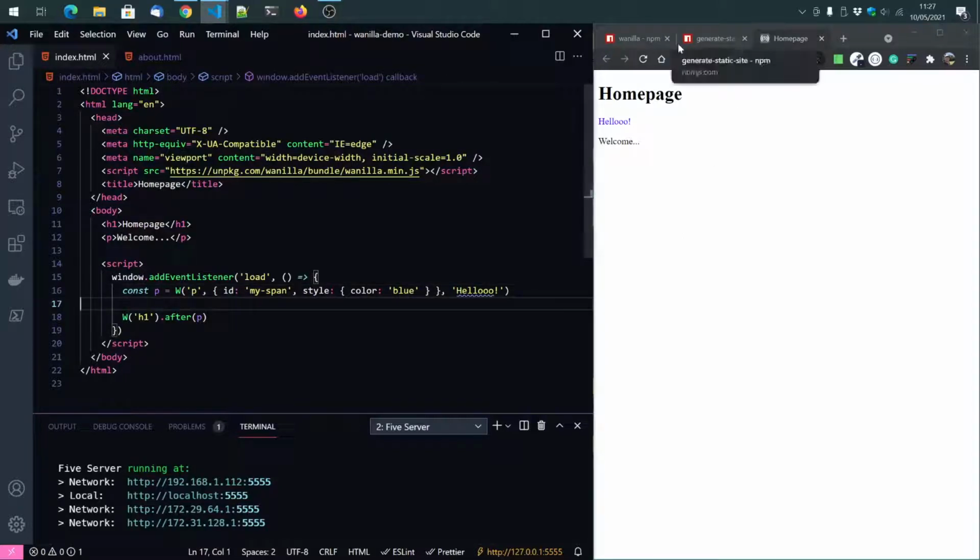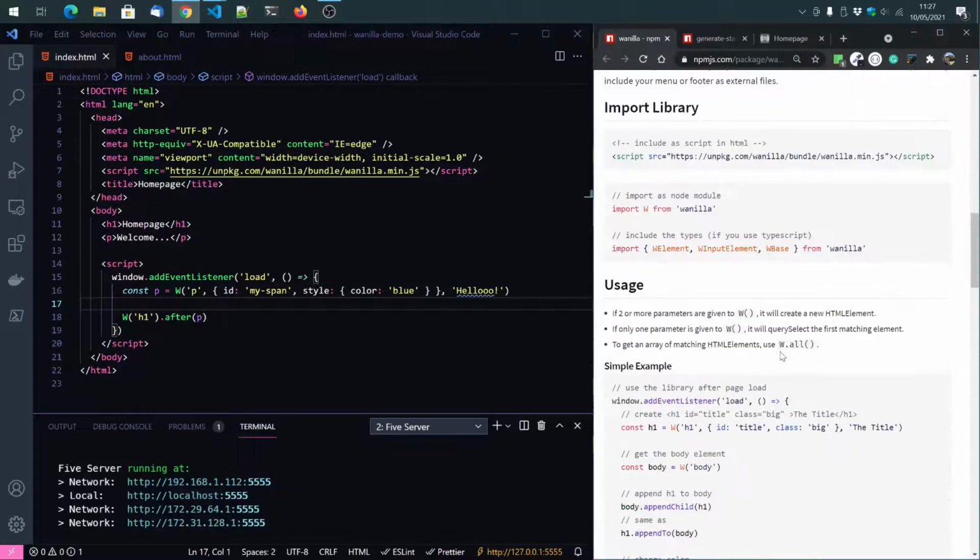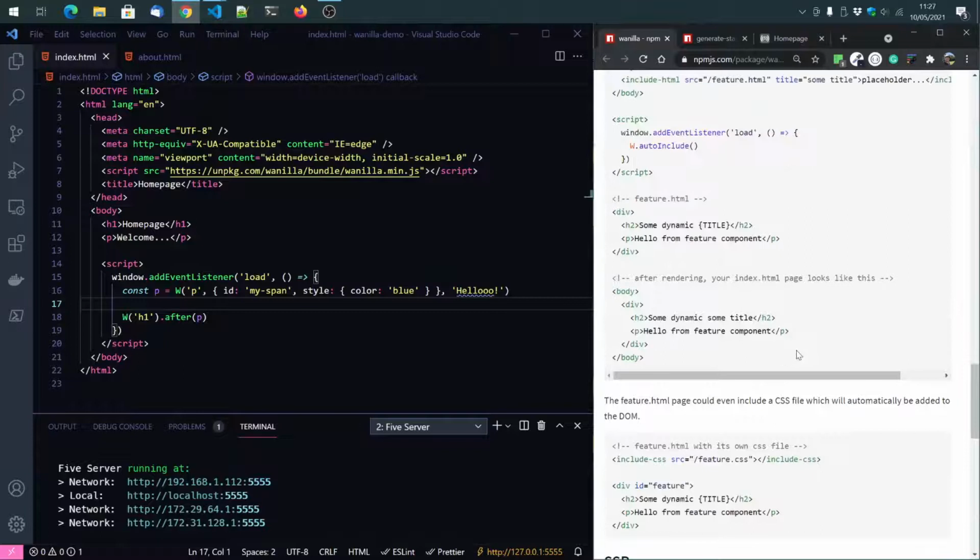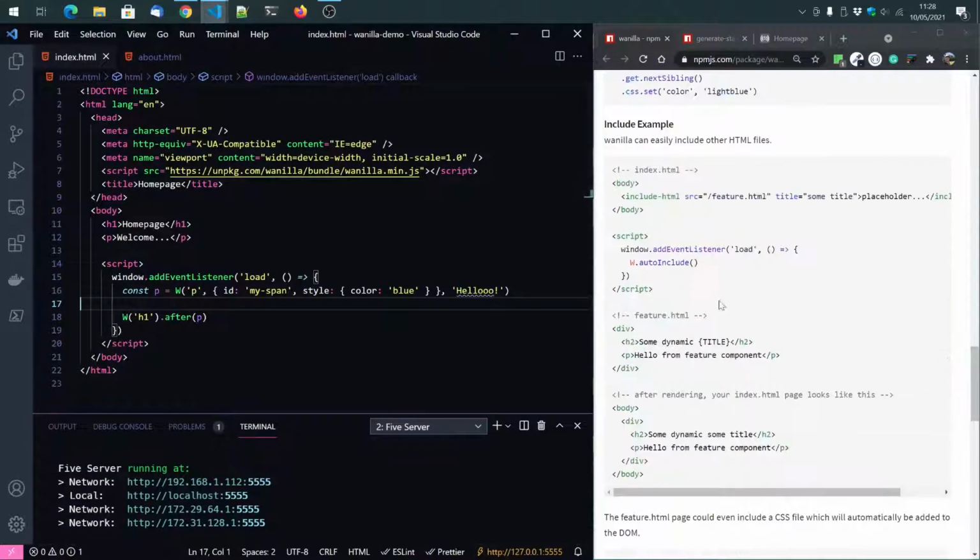But what I want to show you is, as I said before, the include tag. So what it is and why you want to use it. Sometimes you want to include other files inside of your pages, and imagine you have a footer or a header, a menu, or some feature, and you have to include them on every page. And once you make a change, you have to adjust that change on every page, and that's really annoying. So instead of that, you can just include those files, and once you change